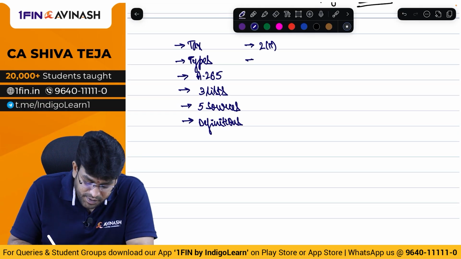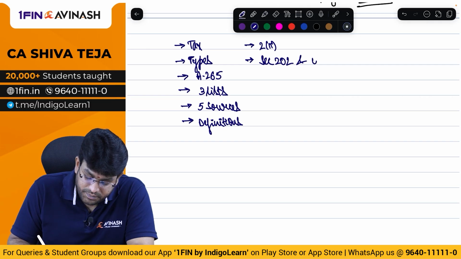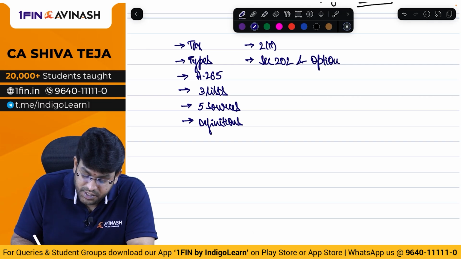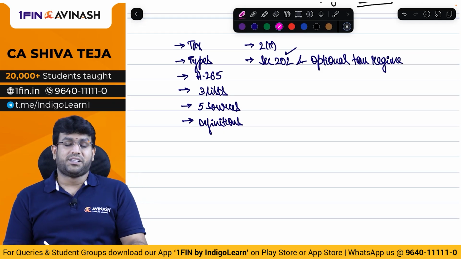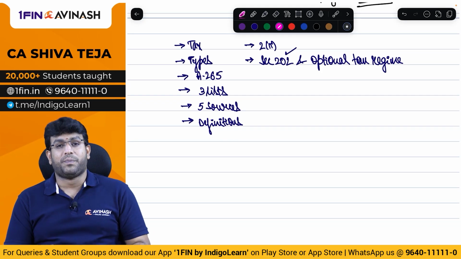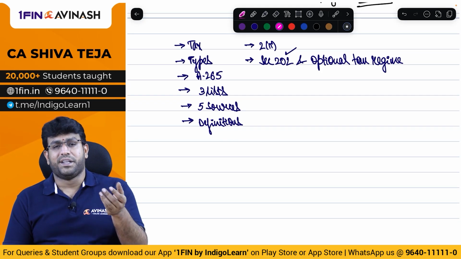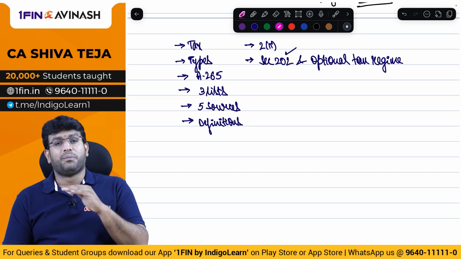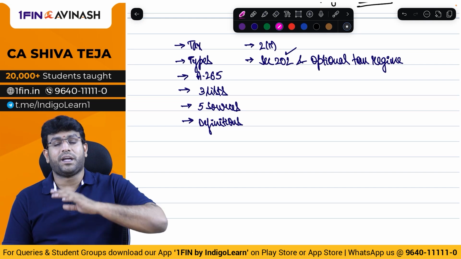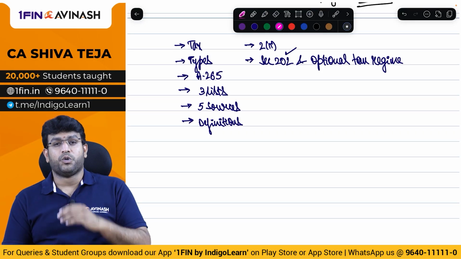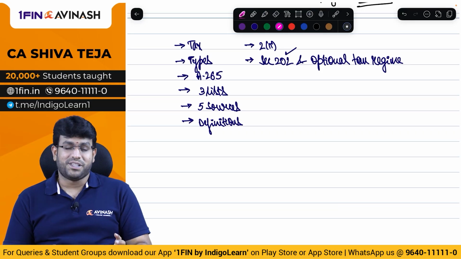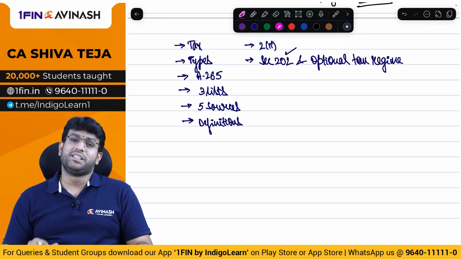Then after that, my dear friends, we have spent some good time on discussion about section 202 and also optional tax regime. What is section 202, my dear friends? Section 202 deals with the concept of default tax regime. And in default tax regime, what are the tax rates? There is no category called normal, senior, super senior. Directly the tax rates are up to 4 lakhs nil, 4 to 8 5%, 8 to 12 10%, 12 to 16 15%, 16 to 20 20%, 20 to 24 25%, above 24 lakhs 30%. So every 4 lakhs 5% is increasing.